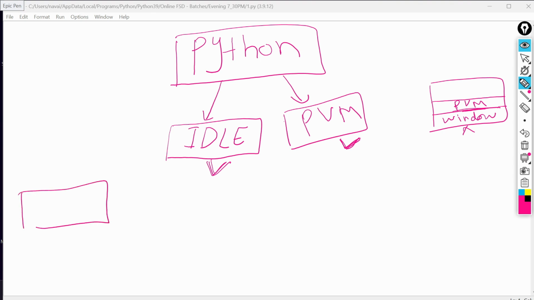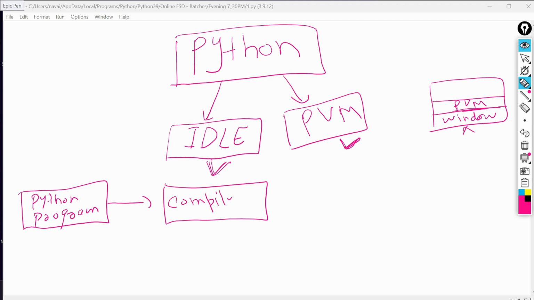If you have written a Python program, the compiler will compile this Python program, and after compilation it will convert it into bytecode.